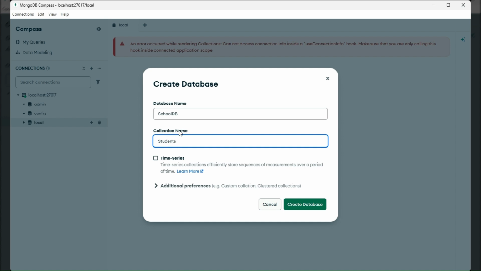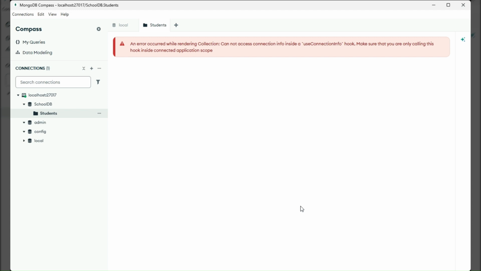Okay? So if you're very familiar with SQL databases, think of a collection as a table. Okay? And then think of the rows as documents. So a collection is like a table in a NoSQL database. That's to say in MongoDB. So we'll leave this and click create database. So after creating the database, we're creating a database as school.db, and then with a collection called student. And then inside this collection, we're going to create